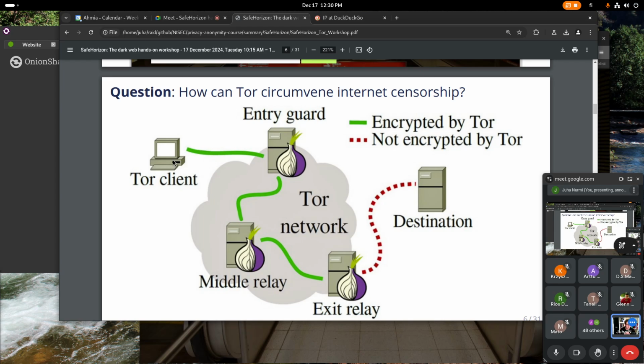As a result, from the point of view of the middle relay, it doesn't actually learn anything valuable because it's only passing encrypted traffic of the Tor network without seeing the original IP address of who sent it. It only sees that it needs to send it forward to another relay, so it doesn't learn where the connection is going. Then the final step, the exit relay, actually removes the encryption layer,